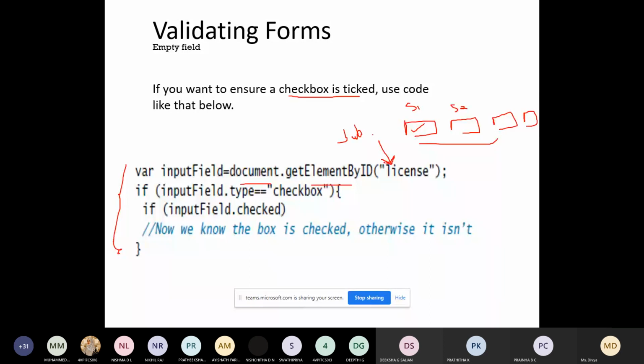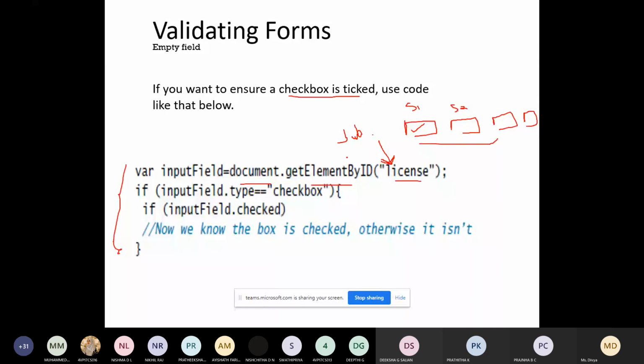If you remember, the radio button and the checkbox will have the same name. So all these checkboxes should have the same ID and same name. Let us assume the ID of this checkbox is license.